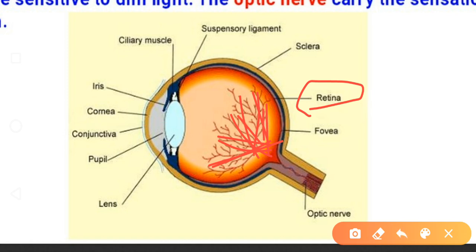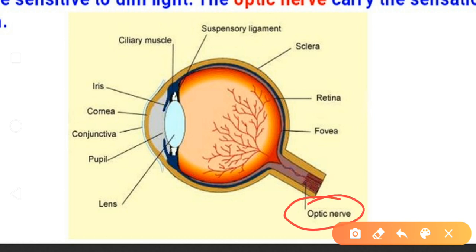Next is the optic nerve. We will discuss the optic nerves. You can see here are the optic nerves. Sensation felt by the nerve cells is transmitted to the brain through optic nerves. Sensation means our eye is very sensitive. You all have understood that eyes are a very sensitive part of the body. So sensation felt by the nerve cells is transmitted to the brain.